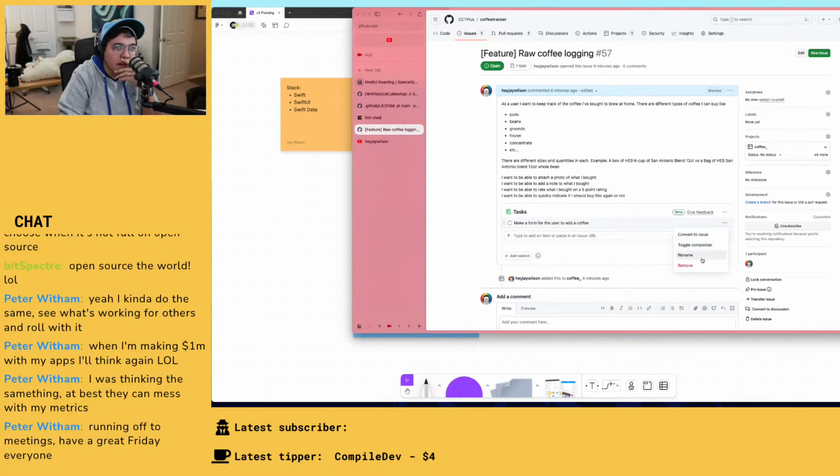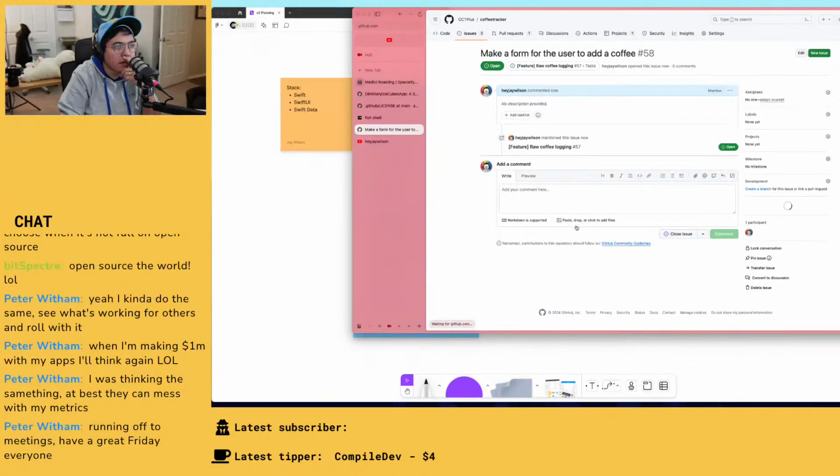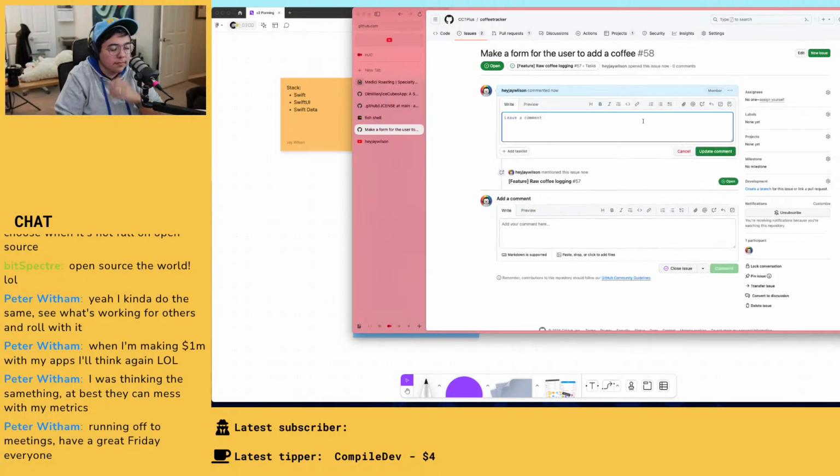So let's convert to issue first off. The form should have blend name,